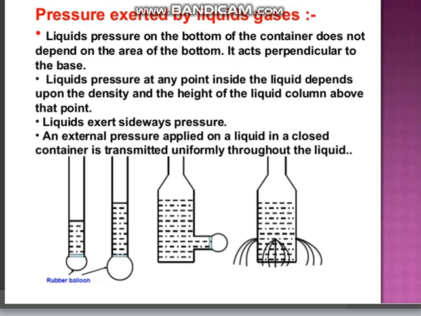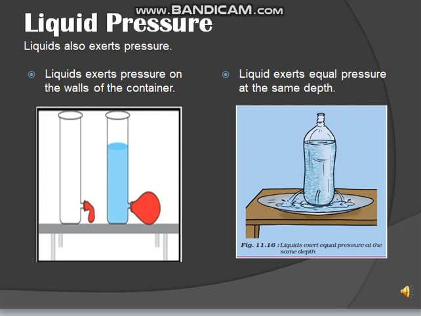Now in the second activity, we will take a discarded soft drink bottle and fix a cylindrical glass tube a few centimeters long near its bottom by cutting or slightly heating. Seal it with molten wax to prevent any leakage. Stretch the balloon over the mouth of the cylindrical glass tube. Now pour water in the bottle up to half and then observe it. We will observe that the rubber balloon bulges out.